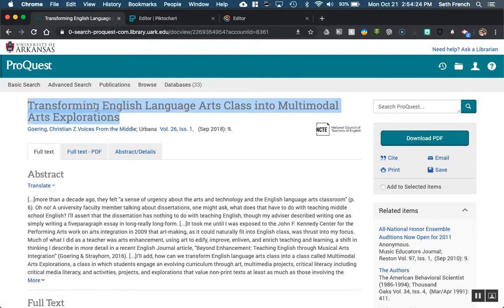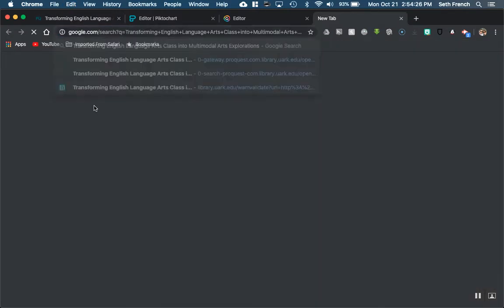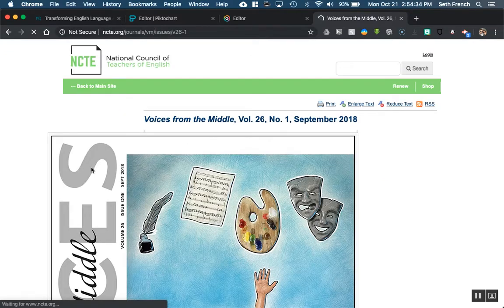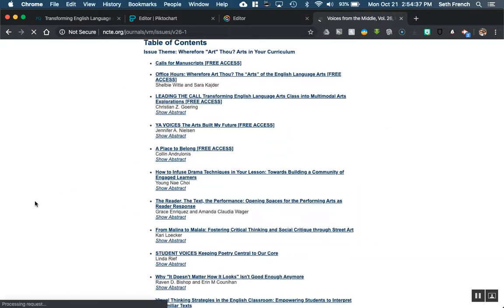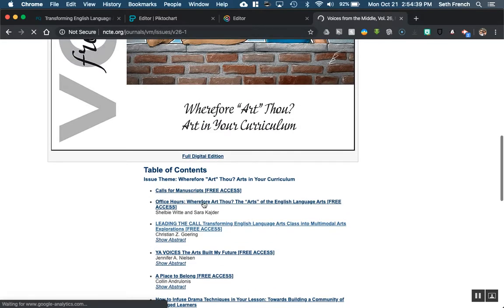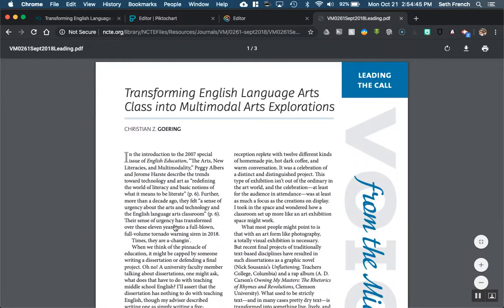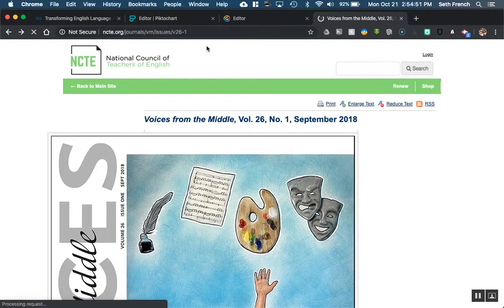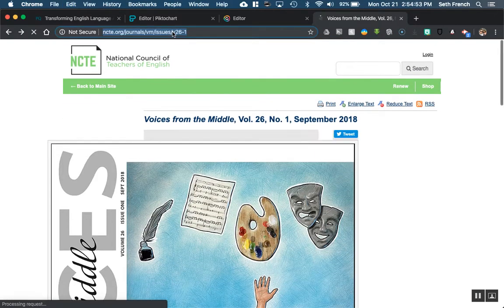Let me just copy this, open up a new tab in Google, and then there we go. It's the first thing that came up, from Voices from the Middle. There we go. Alright, and then you could see here it is, actually, the public link. There we go. Alright, so I'm going to just go back there, copy this link to the public page,